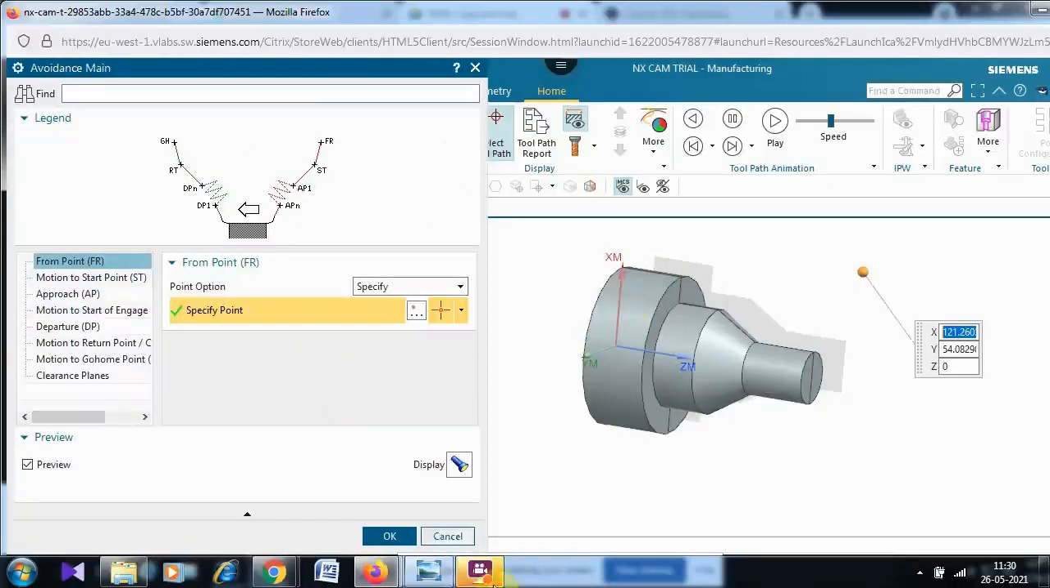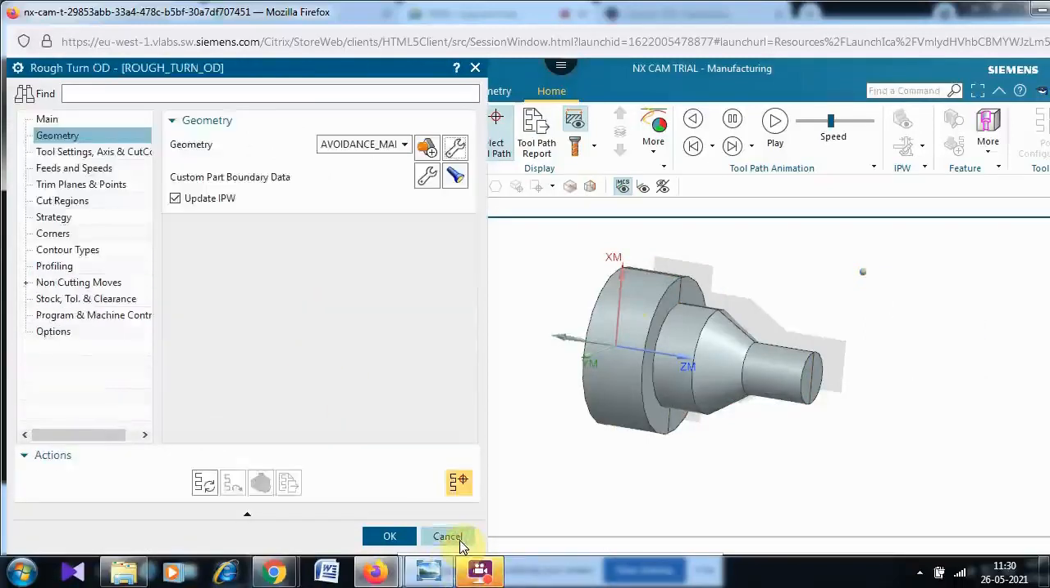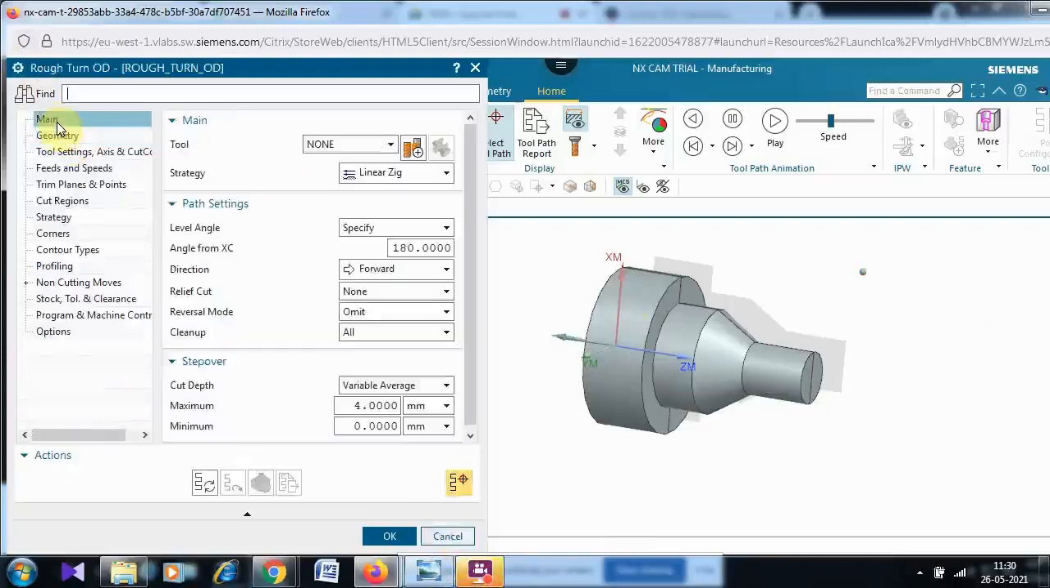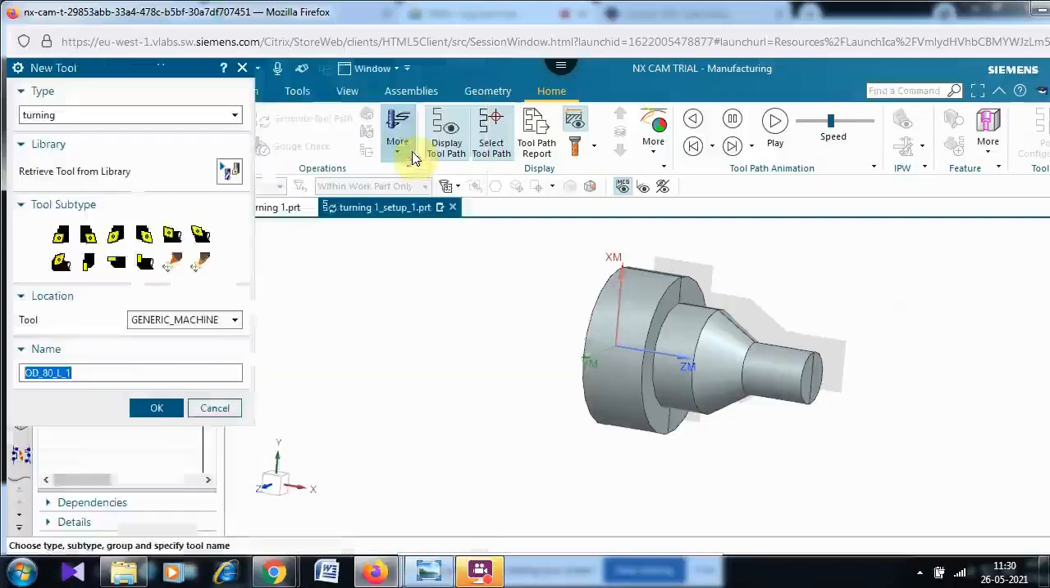Okay, it's already there, no problem. This can be given cancel. If not, you have to give. Then go back to the main. The thing is that the profile is already registered, so we need not specify every time. Automatically it will know. Just we need to go for the tool, and maybe the same tool I am going